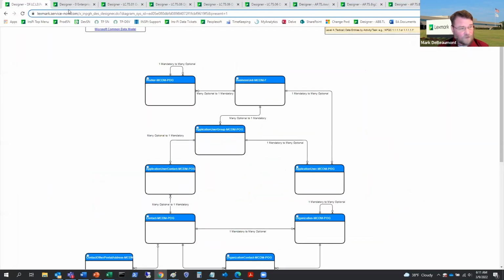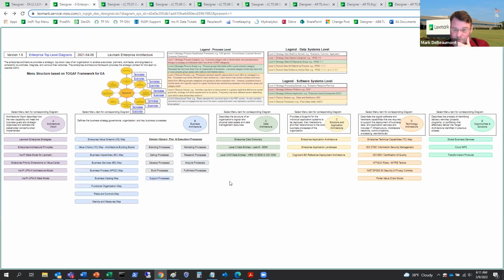And just for FYI for everyone, I'm actually leveraging the presentation mode of Designer, which is the HTML rendering component, because it's much faster, and because we're doing these presentations, I don't want any issues with trying to load Designer or pressing something wrong. Anyway, so when we talk about the actual solution, we have templates for any part of